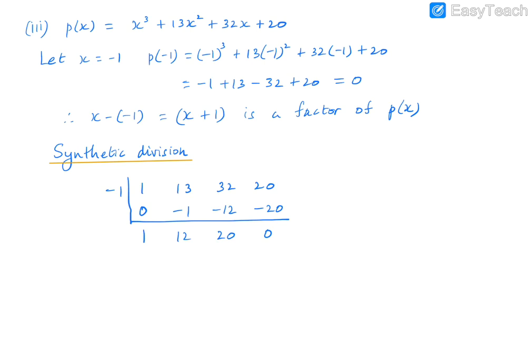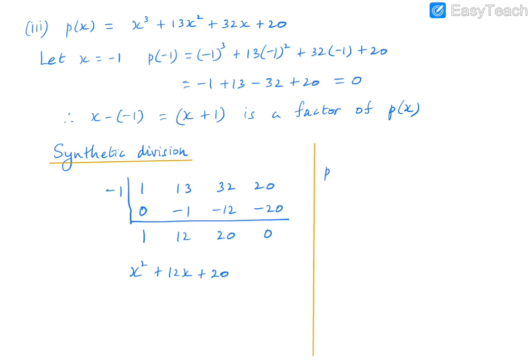Okay, so now what is left over is the coefficients of the second factor, which will be a quadratic polynomial, because our given polynomial is cubic. So these are coefficients of a polynomial whose degree will be 1 less than the given polynomial's degree. So this will be x squared plus 12x plus 20. Let me write the 20 properly. So now we can write our p of x